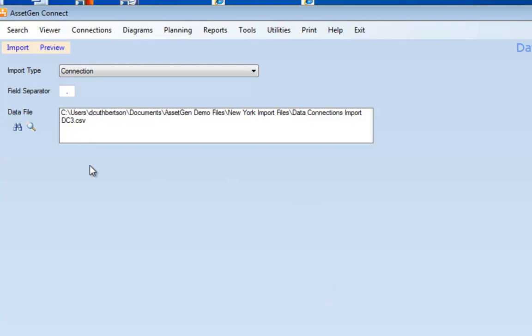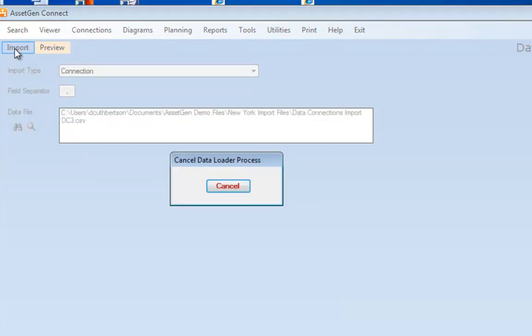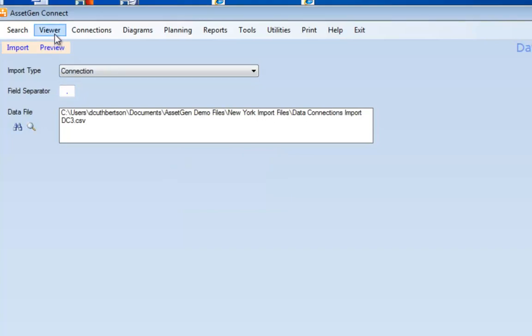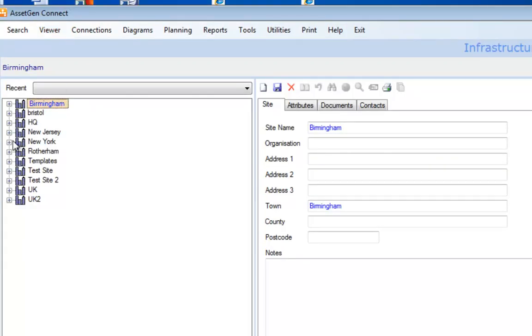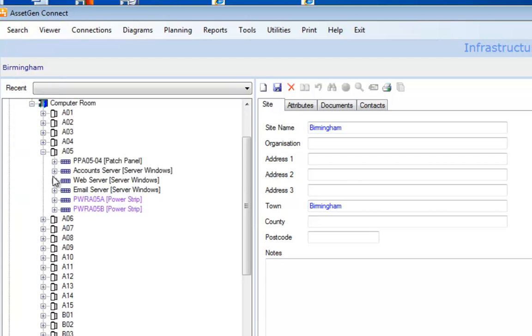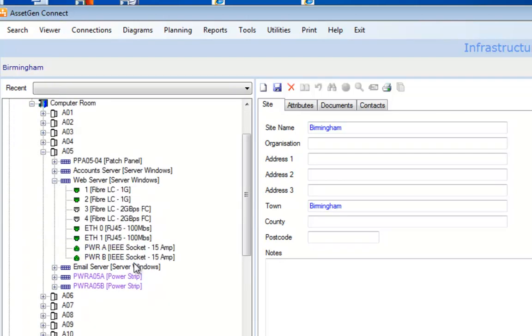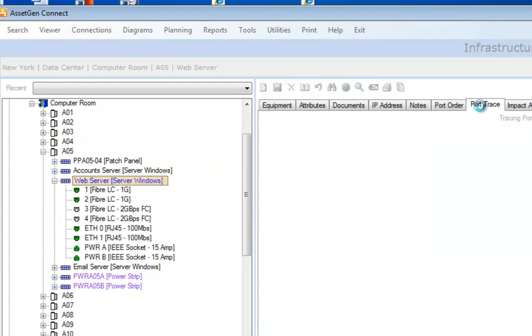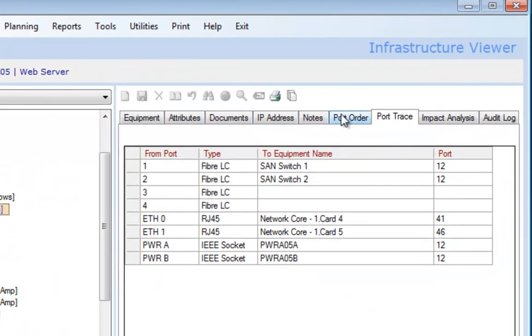I won't show necessarily the file format here, but suffice it to say this will then bring in all the connectivity for both backbone and also for all patching and all power within the data center. And if we now go and look at the viewer, we can see that in New York we look at a particular piece of equipment such as the web server, and we can see all of its connections there. I can click on the web server, do a port trace to see all the endpoints, and I can always then do a complete blueprint of its connectivity